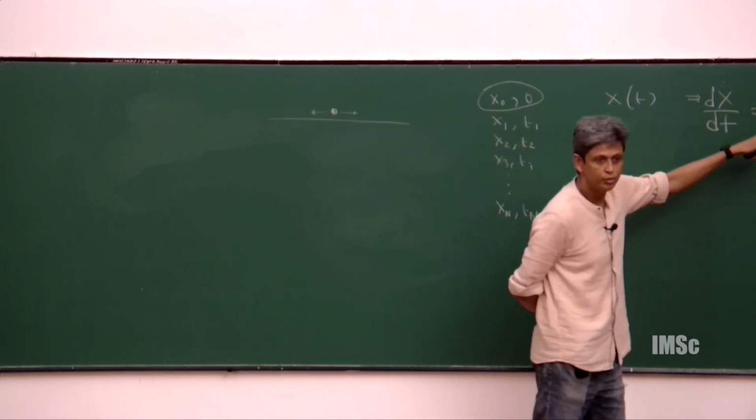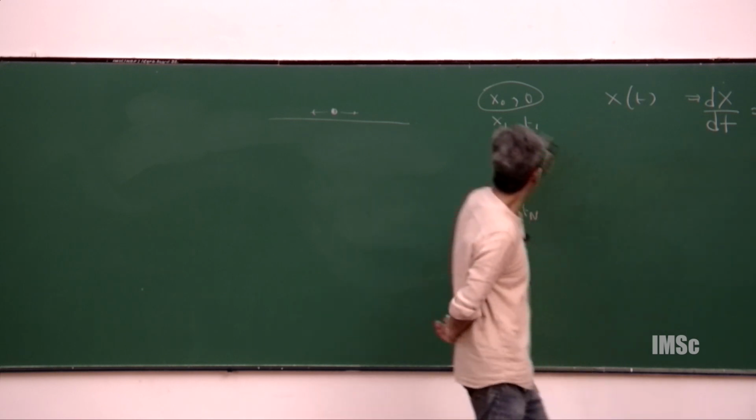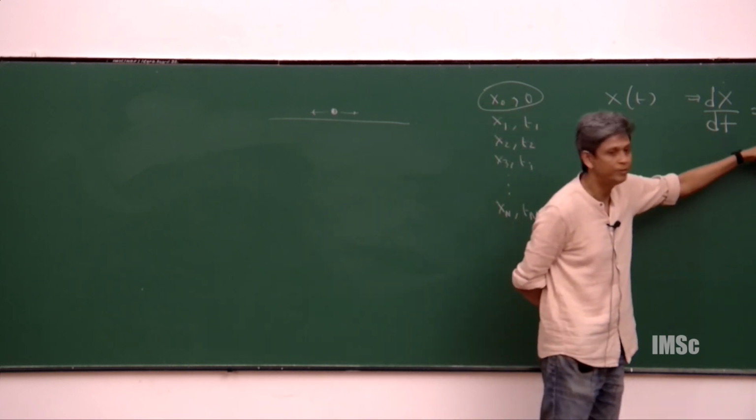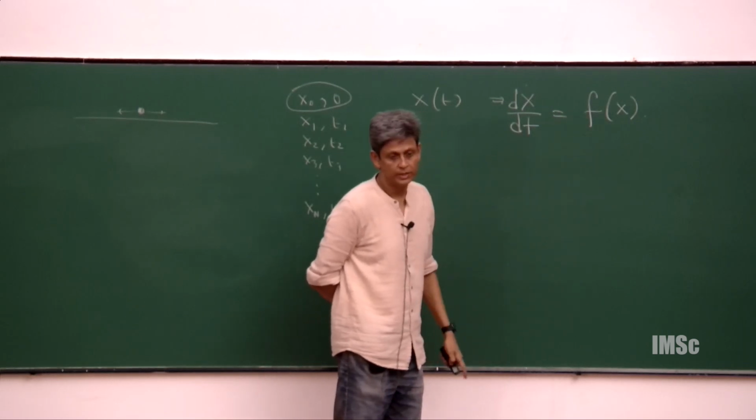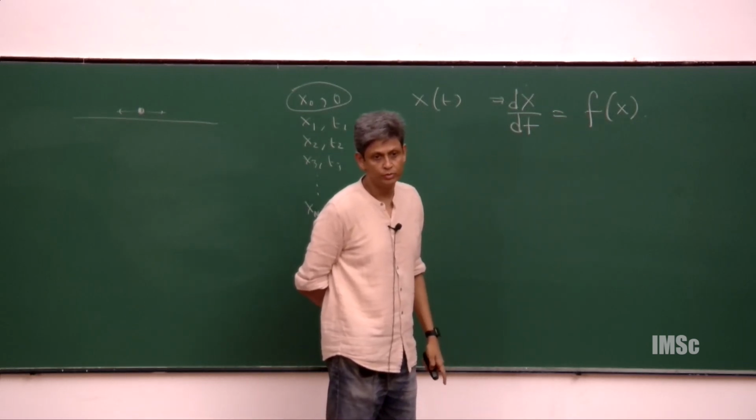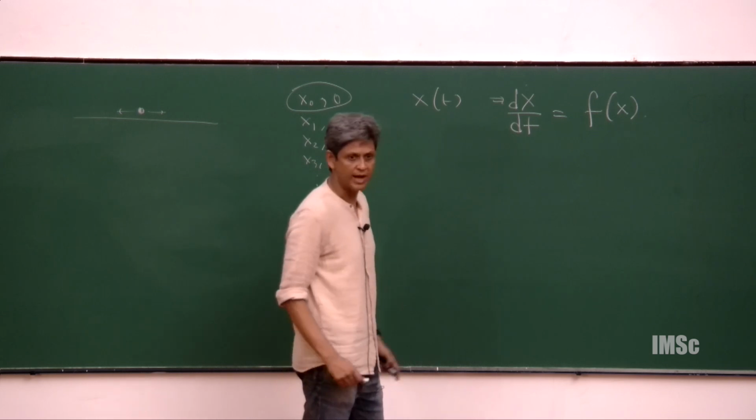This equation you don't know. The evolution of the system is probabilistic, is stochastic. So you cannot write down such an equation. So in that case, what will you do? Then you cannot write this equation. What you can ask is,